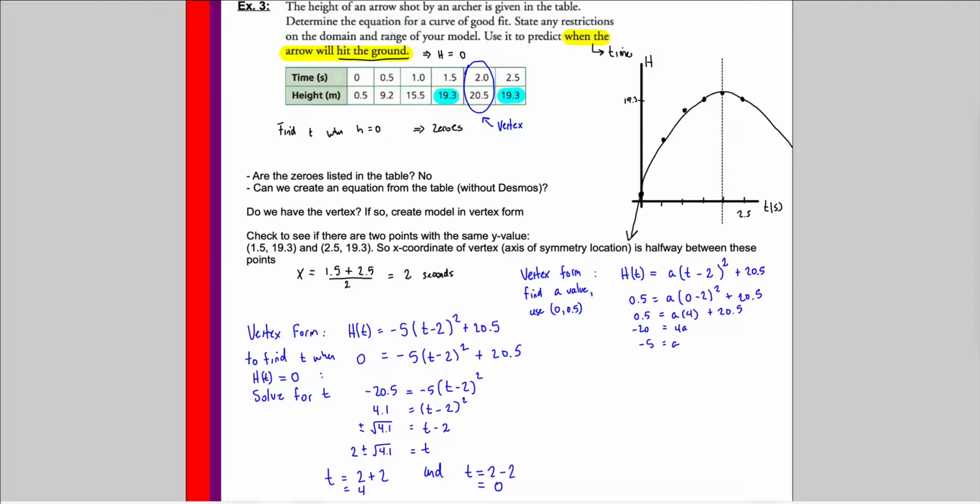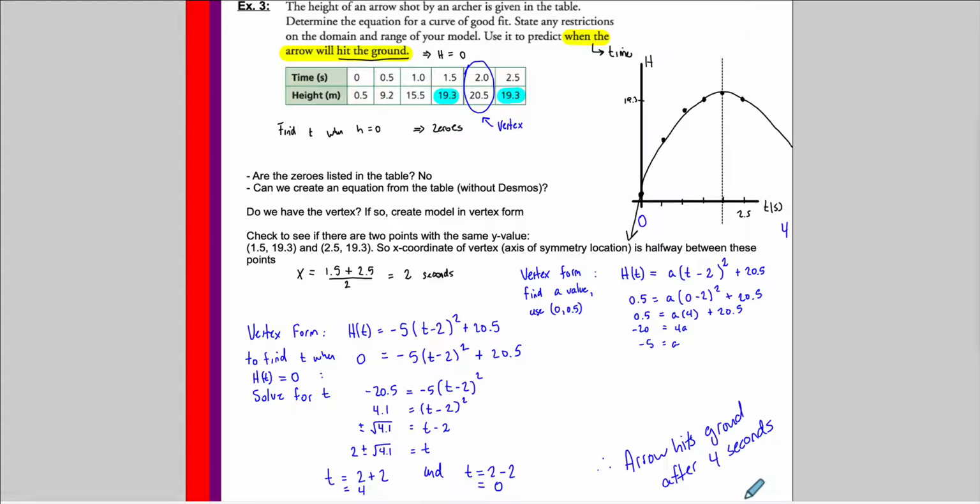And I now have identified 2 locations. I've got time is 0, and also over here, a little bit off my graph, I've got time is equal to 4. And so now I know that the arrow, I think it's an arrow, yes, the arrow hits the ground after 4 seconds. So just to make a note, one question that we've looked at before previously asked,